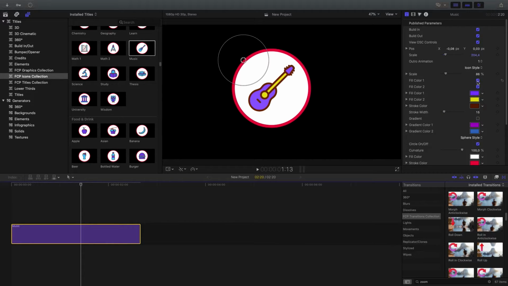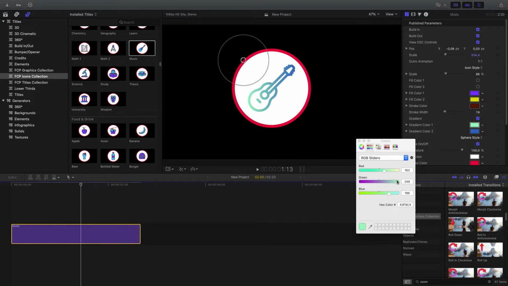And the next thing I'm going to do is to turn off the full colors because I'm going to turn on the gradient. And you'll see now that it actually gives you total control to create a completely unique icon pertaining to your particular visual style you'll be using. So I'm going to change the color over there, and also this blue can change to maybe an orange,